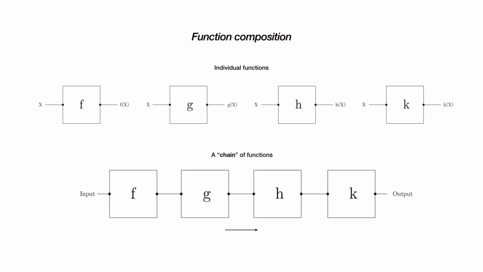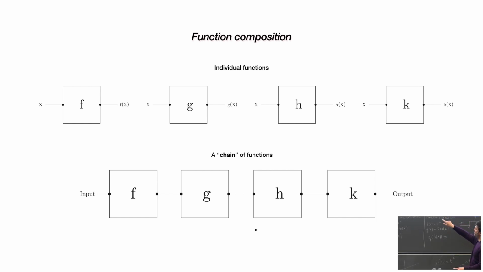Let's now chain them. Let's just plug the output of each one into the next one. If we chain them, then we have a single input and a single output, and this output will be modulated by this chain. Yeah? Each of these components will change the next one a little bit. It will modulate the whole thing. This is how we can express it. It's ugly, but this is how you would do it algebraically. So the output is k of h of g of f of input. That's how you would represent it mathematically. Okay.